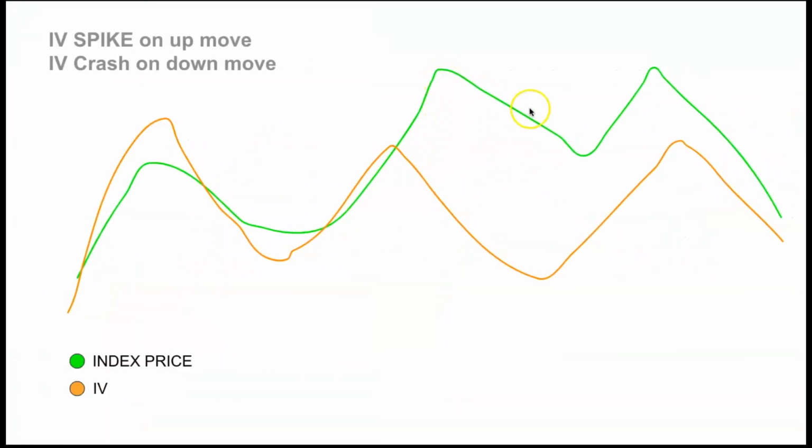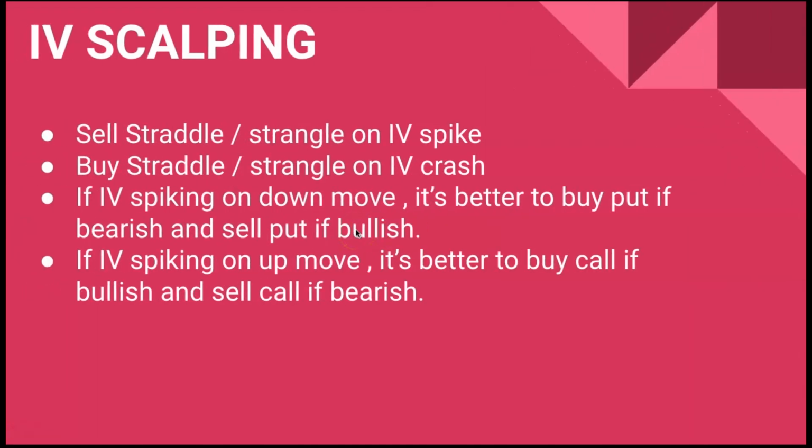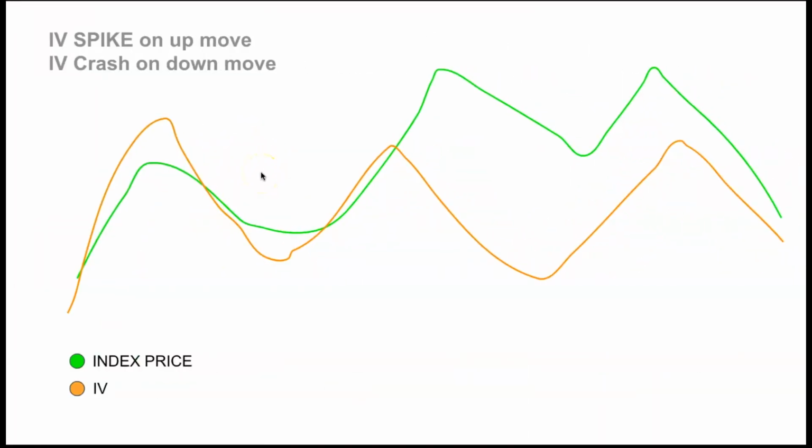And again here the market is falling. We know that IV is going to crash, so it is not a good time to buy the put. Instead we are going to sell the call option, because selling is good when the IV crash is happening. It may be confusing, but please watch this video and read this again. As you gain experience, you'll become familiar with this idea. The key point here is whenever the IV is increasing, do the buying, and whenever the IV is decreasing, do the selling. If you watch the chart pattern for 2 or 3 minutes, you will get to know which side the panic is on. On that side the IV will be spiking.